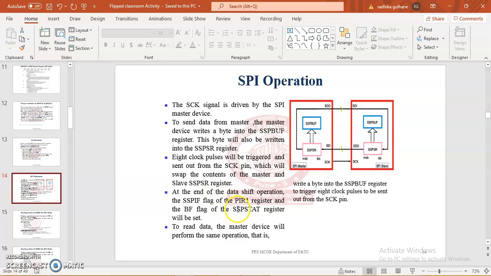At the end of the data shift operation, the flag bit in the PIR register gets set and the BF flag of the SSPSTAT register will be set. Again, to read the data, the master device performs the same operation, that is, writes a byte into the SSPBUF register. So this is the SPI operation.